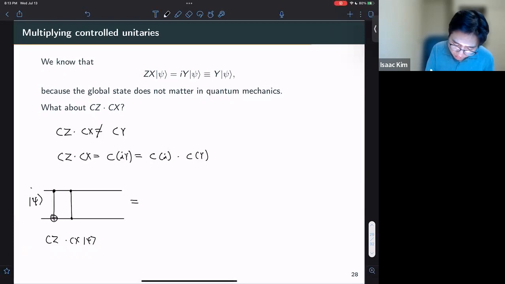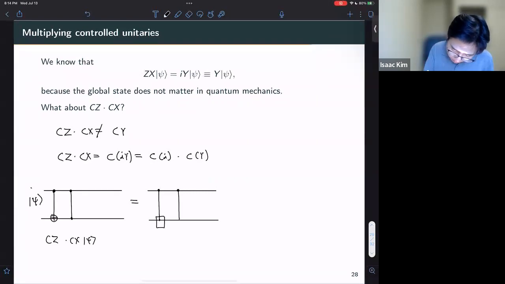this turns out to be controlled I times controlled Y. So controlled Y, this is pretty clear what that is. If the state of this first qubit is 1, then you apply Y. Otherwise, you don't do anything. But what does this say? Well, let's think about this literally. It means that